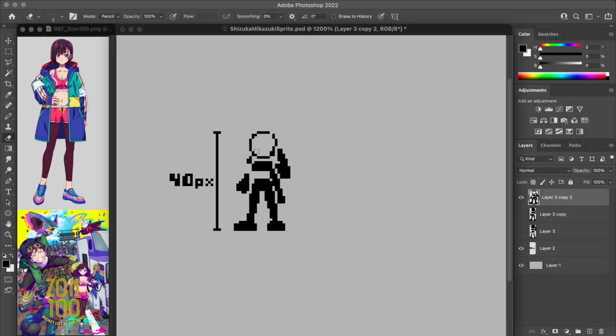I've started here by creating some rough blocking of the character form. Normally I'd start this with something that's more like a stick figure skeleton, but in this case she's got a lot of layering going on with the clothing, so it felt like a more useful way to approach this would be just to see how all the different blocks of clothing are kind of sitting together, rather than necessarily just trying to build this up from a skeleton.